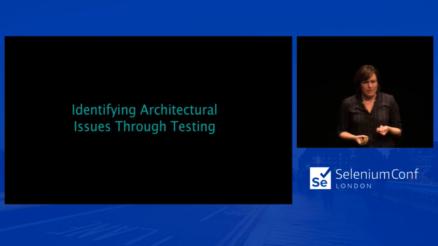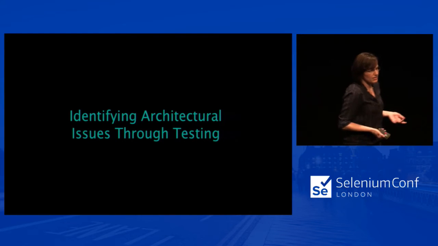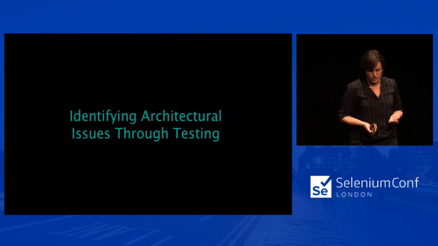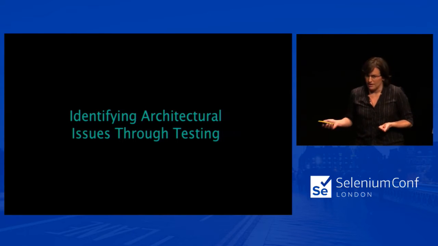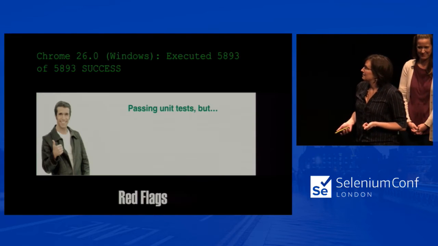So I'm going to talk about how we as developers and architects can start to investigate the underlying architectural issues that might be the cause of what we're seeing in the app. In this case, we decided to look at the patterns in our testing to give us a clue as to where our architectural issues could be. So I'm going to go through this. I used to work at Blackboard too, and so I was part of this effort there.